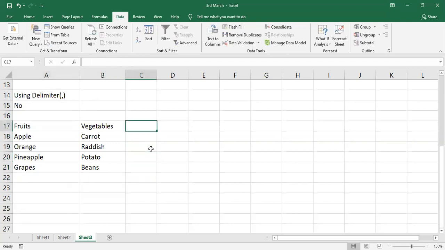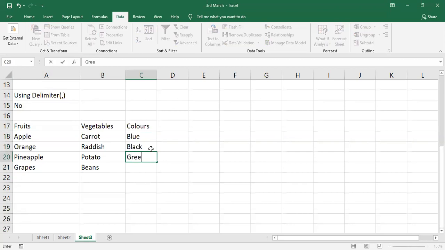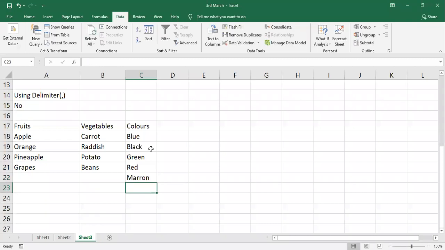Then here I'm going to give a list as colors: blue, black, green, red, maroon. And here okay, I have given fruits, vegetables, colors.